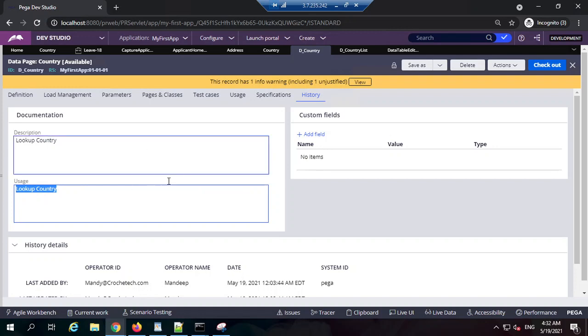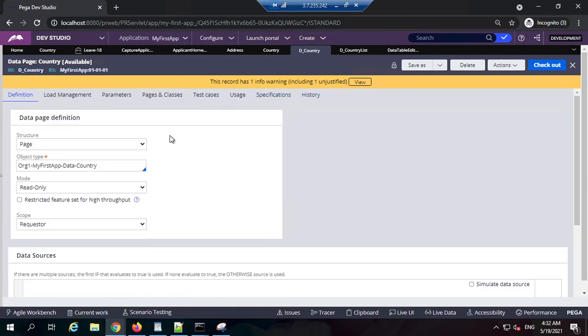That's it. It does not have any significance to the execution of the rule, just for extensibility. If I'm putting proper comments here, then if Robin is working on it tomorrow, he can read this and make sense of it, like why this data page exists and how to use it. So this is what a data page is.